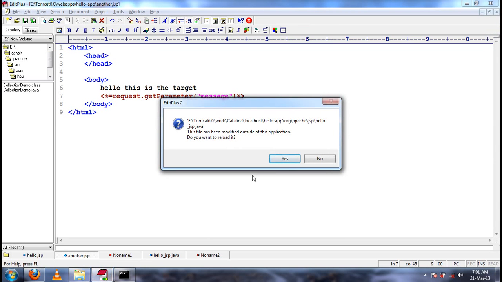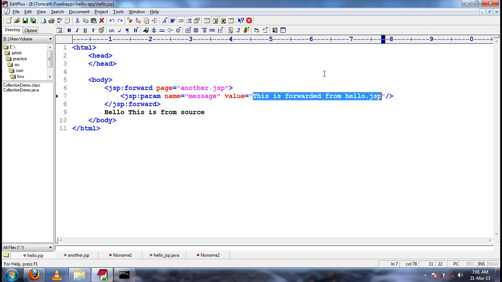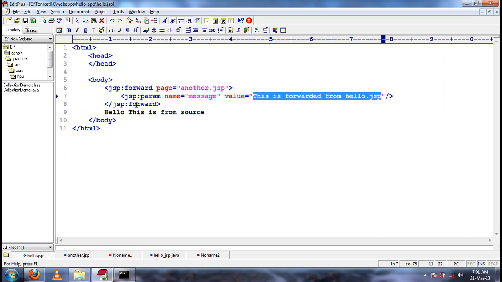See, this is forwarded from hello.jsp. Let us see, is it the same message that we are sending here? Yes. So how are we accessing that? We are accessing that through request.getParameter of message. So the parameters that we send using the param tag in forward will go as request parameters.